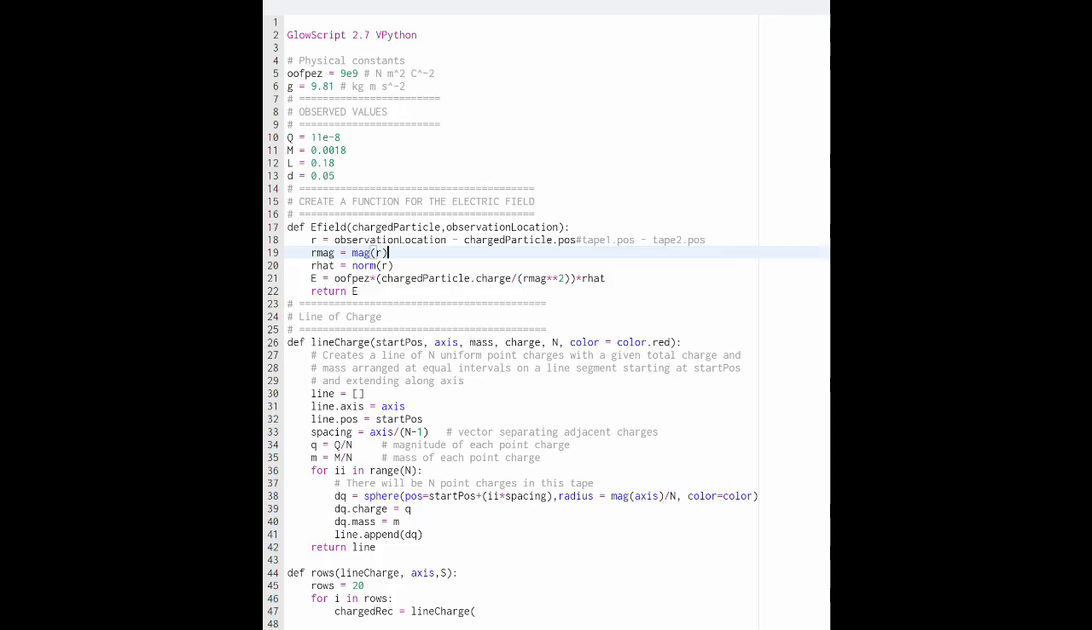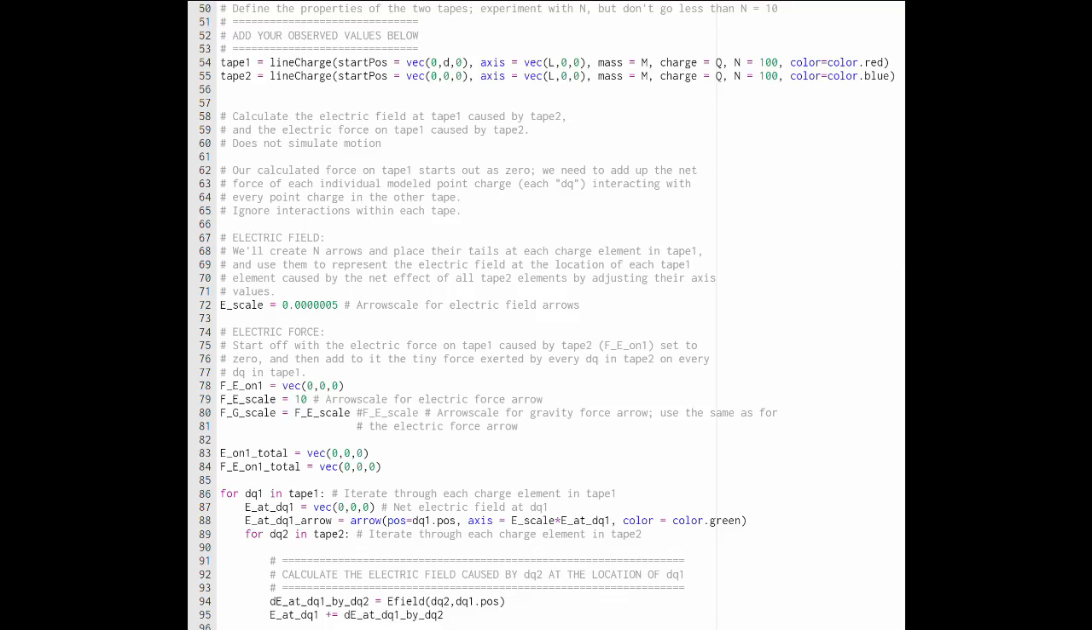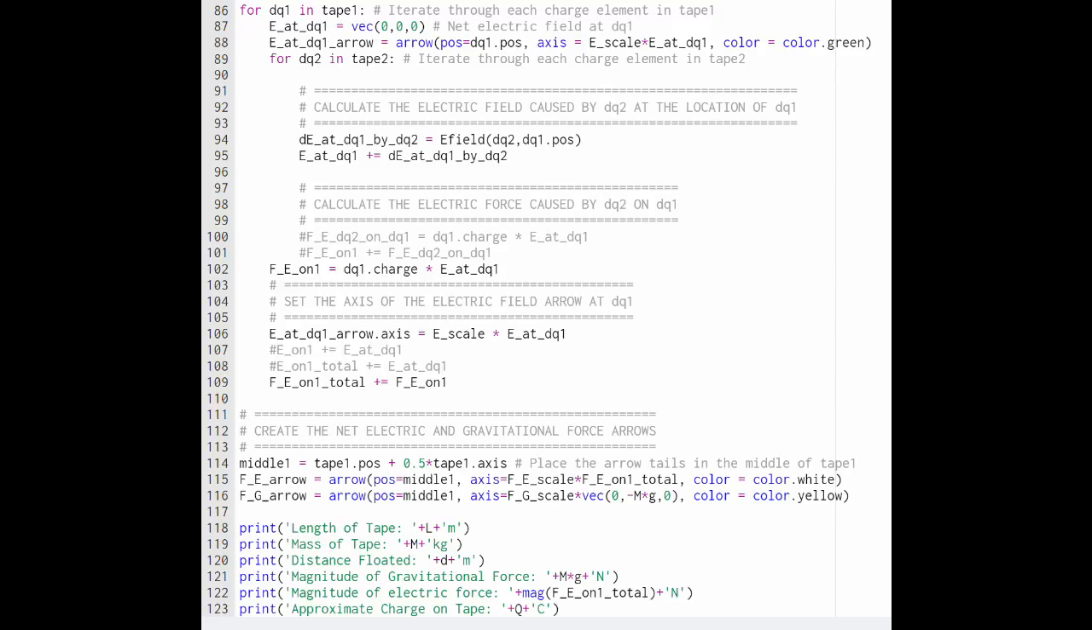After finding the electric field made by tape 2 at each particle in tape 1, we can find the force at each of these points by multiplying the electric field by the charge of the particle, and then finally sum up all of these forces to find the total force. This total force should be equal to the force that gravity exerts on tape 1, being the mass of the tape multiplied by the acceleration of gravity, or in this case,